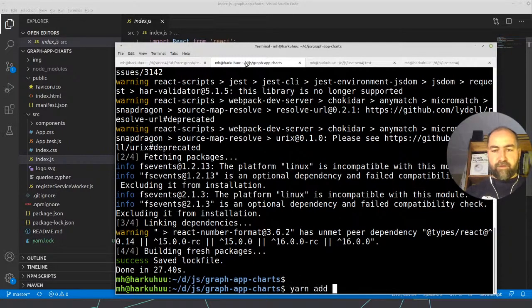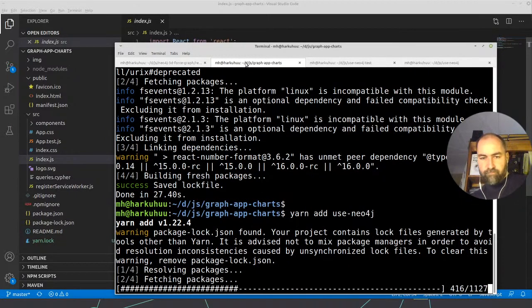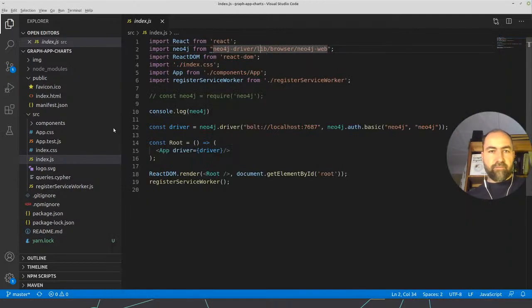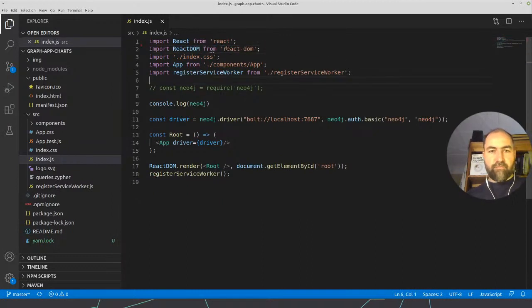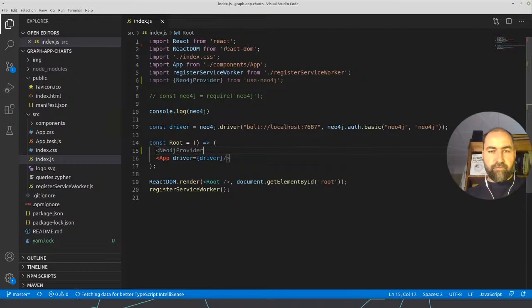So yarn add use Neo4j. Then we can probably remove the driver as such. We import the Neo4j provider from use Neo4j, and then we just provide our app with a Neo4j provider.